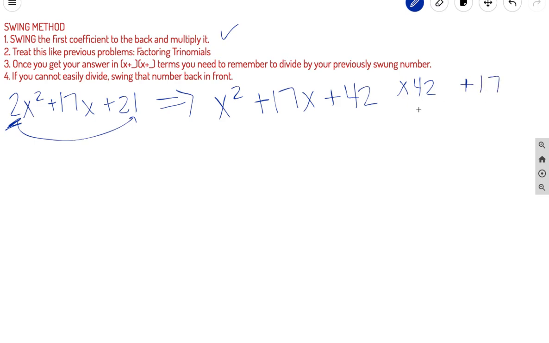So to get us a positive multiplication of a positive 42, and I add to get me a positive 17, both numbers have to be positive. So we're going to start making guesses. Positive 1, positive 42, and I'm actually going to do them all out just for the heck of it, so I don't think I'm going crazy. 2 and 21, 3 and 14,